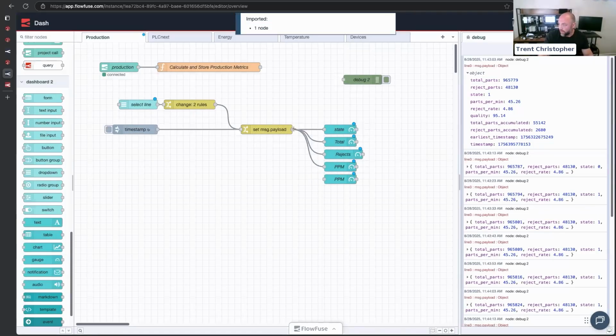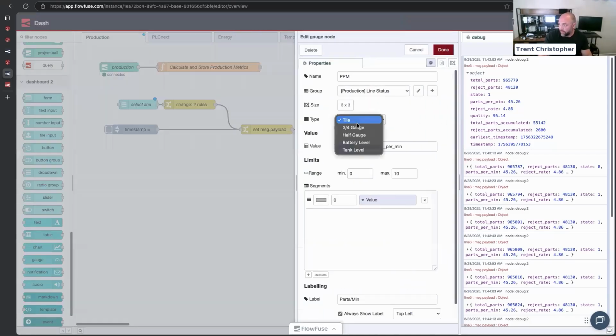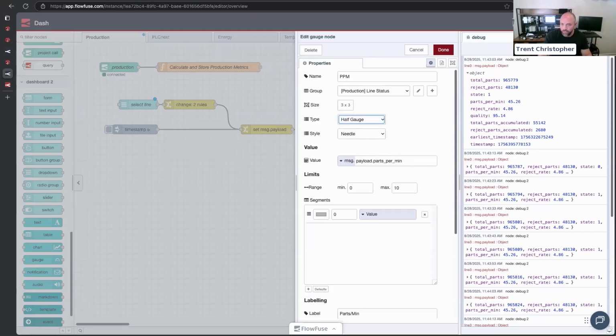And then I'll show you all of these here in just a minute, what they look like visually, because I want to show you the difference. So the difference here is I'm changing this to a half gauge, and then it's going to have a needle that displays what we're looking at. This is going to be our reject rate. Our reject rate comes from here. So I just hit copy there,